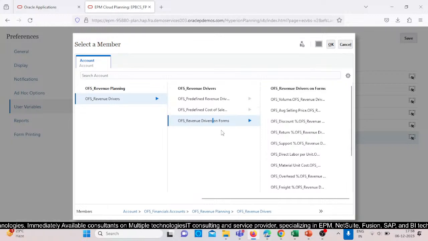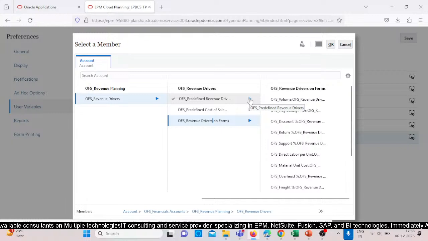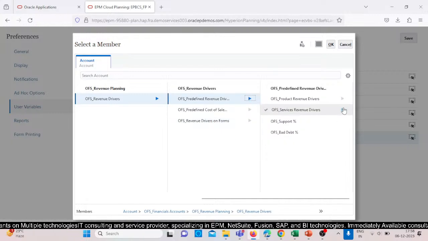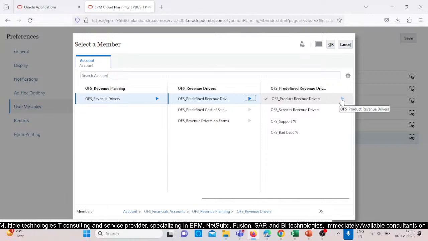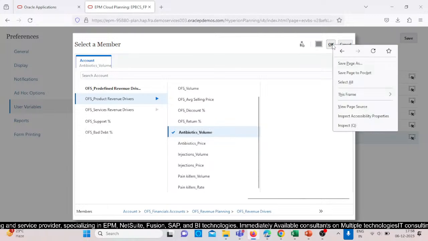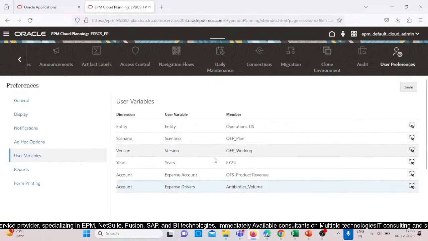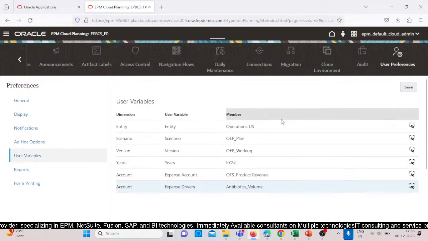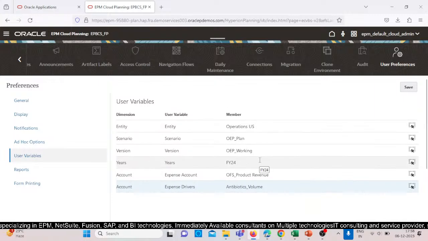Okay, so I haven't added the revenue drivers to our forms, because it should be available here as a shared member. So let's check over here whether it is added or not. So these are my products, yeah, so it is available. So similarly we have to add these on the forms as well as a shared member, so that when it calculates, it will fetch the values from the main member. So let's save it